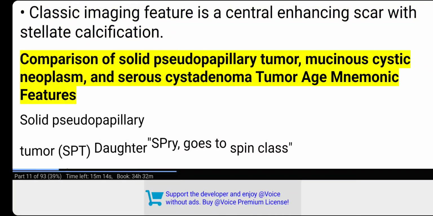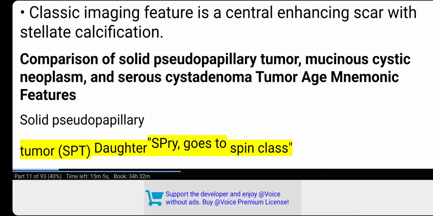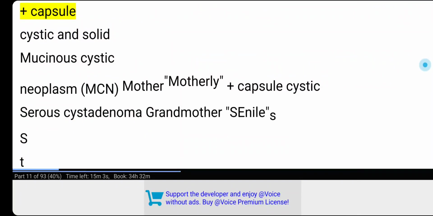Comparison of solid pseudopapillary tumor, mucinous cystic neoplasm, and serous cystadenoma: tumor, age, and mnemonic features. Solid pseudopapillary tumor, SPT: daughter, SPRI goes to spin class, plus capsule, cystic and solid. Mucinous cystic neoplasm, MCN: mother, motherly, plus capsule, cystic. Serous cystadenoma: grandmother, senile,